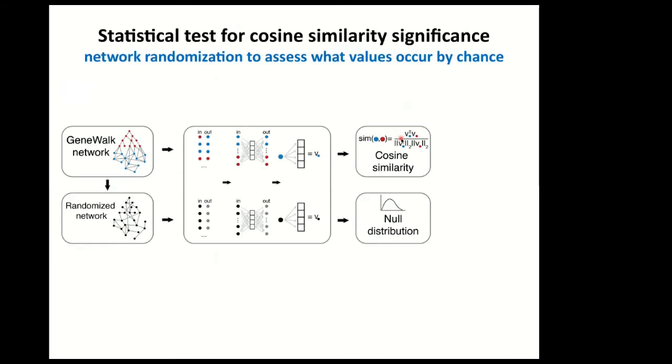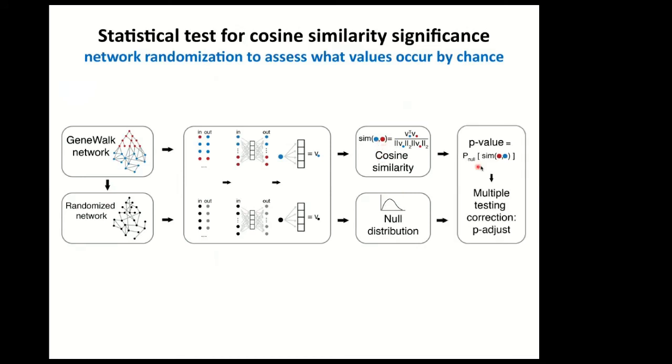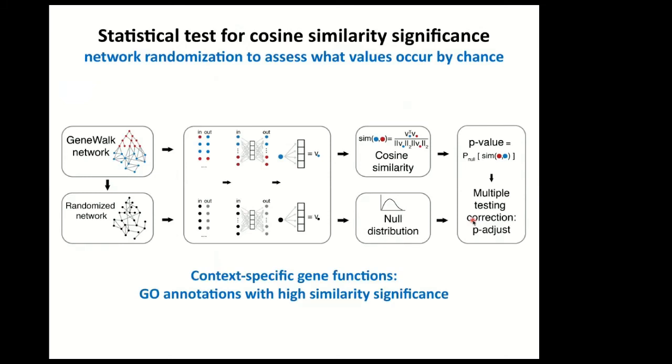So when we compare this cosine similarity between a gene and a GO term, we can then compare it to the null to get a p-value, and then we can do multiple testing correction for multiple gene annotations. So at the end of the day, the context-specific gene functions are then the GO annotations with a significant cosine